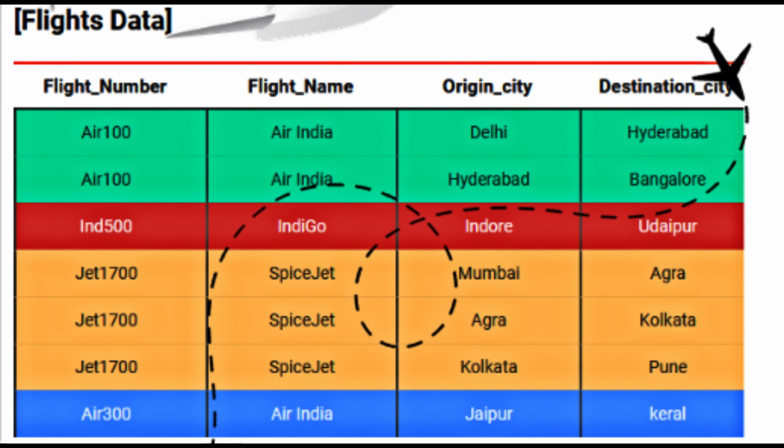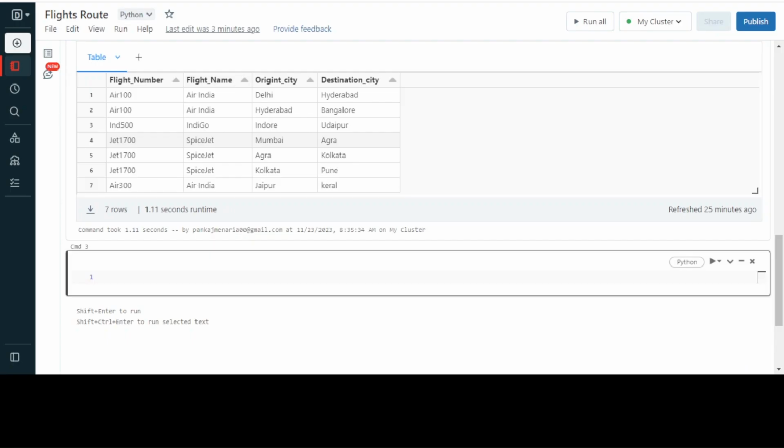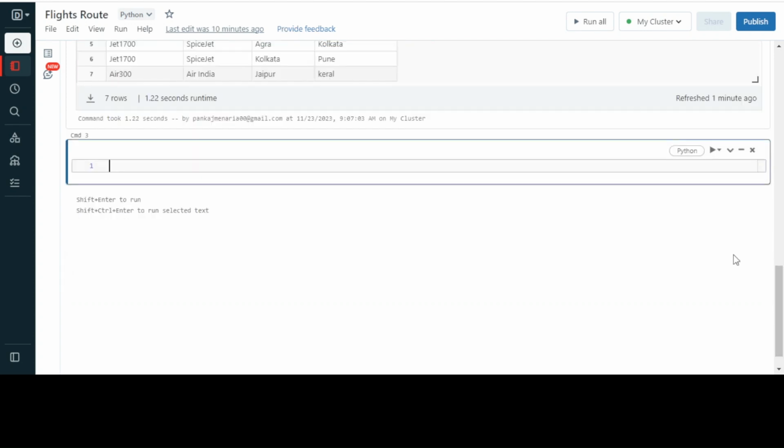So let's check out how we can use our built-in predefined functions to solve this approach. As you can see, we have 3 to 4 different flights available with their flight number and their origin city and destination city. In the sample data we have Air India, Indigo and SpiceJet available, which are running among different cities. I have created a data frame with all my available data and now I will start my transformations.